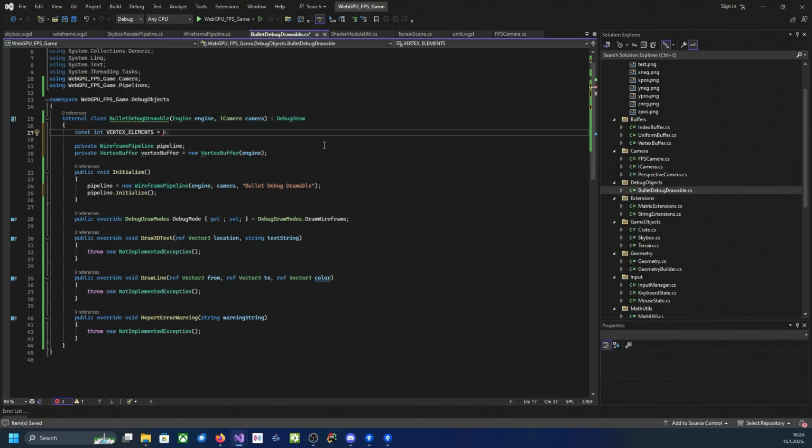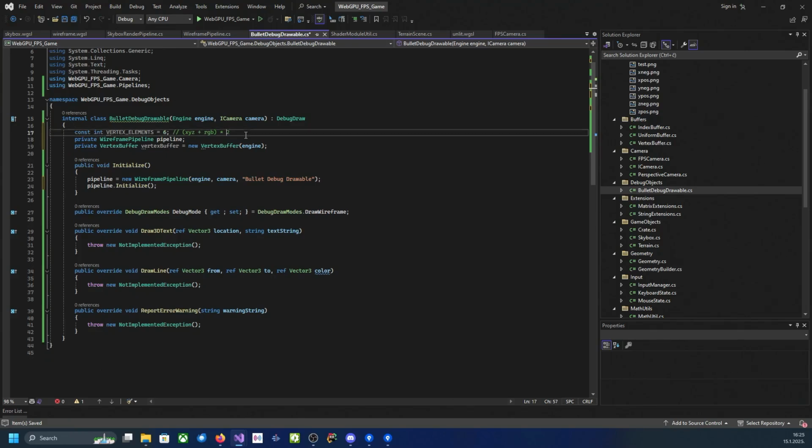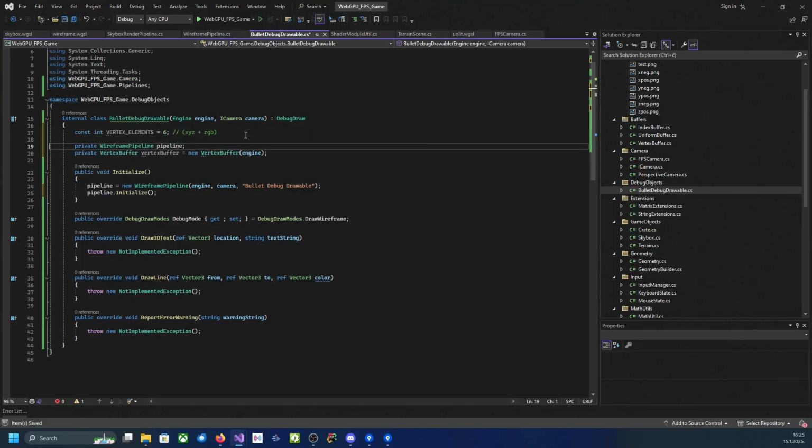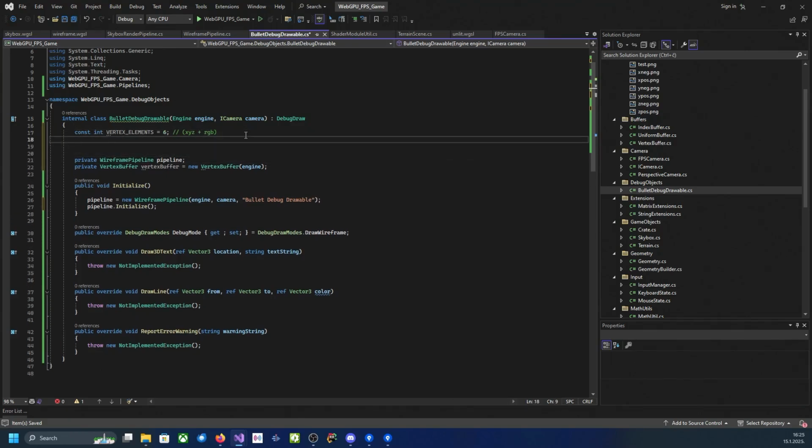And we have x, y, and z for position, and then r, g, and b for color, right? So we're going to have position and then color. So it can be 6, and I'm just going to add a comment here so that you don't wonder: x, y, z plus RGB, and then not times 2 because this is a single vertex. And then vertices per line, that's actually 2,